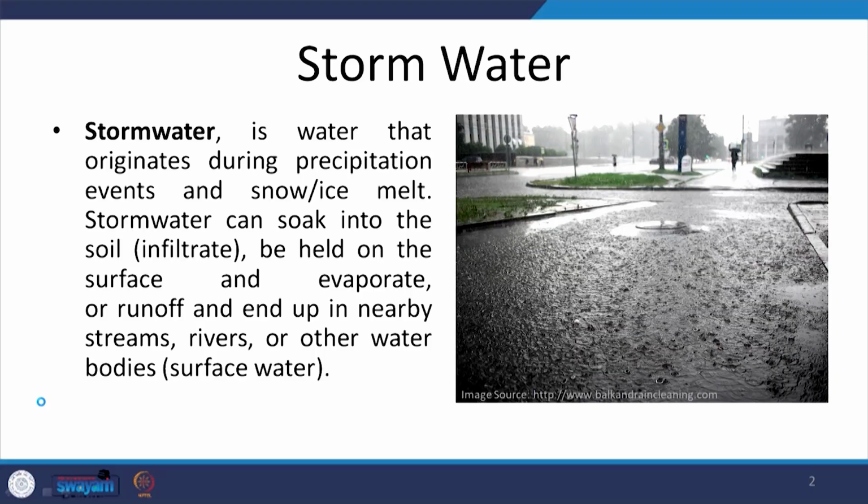In today's lecture, we will be talking about the management of storm water and reducing the runoff from developed sites. So, to start with, what is storm water? Storm water is the water that originates during precipitation. Whenever there is rain or snowfall or the ice melts, that is when storm water comes in, and we have been seeing around us that more and more cities are getting flooded during the